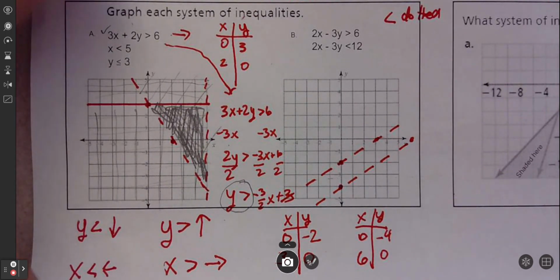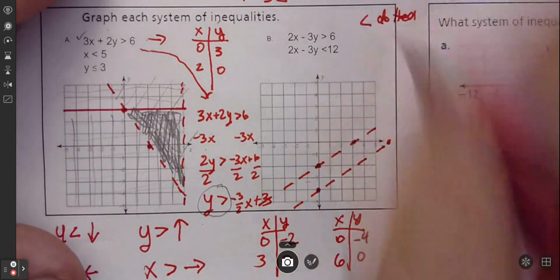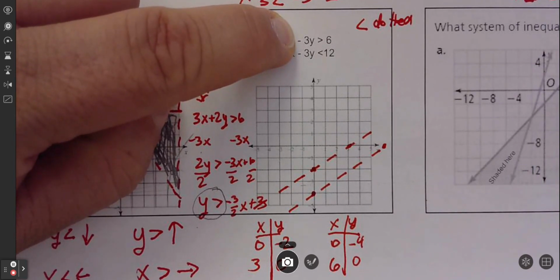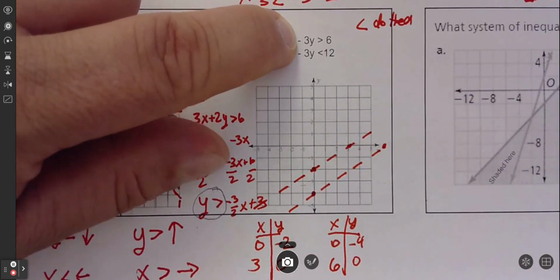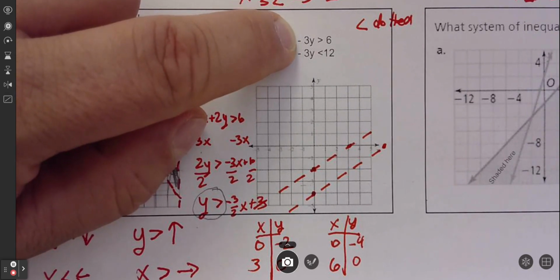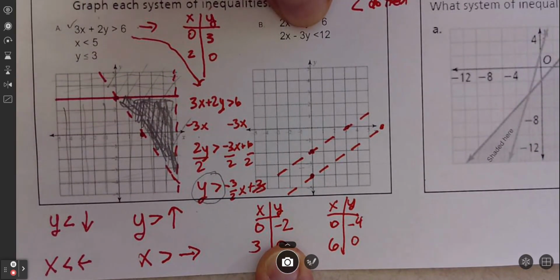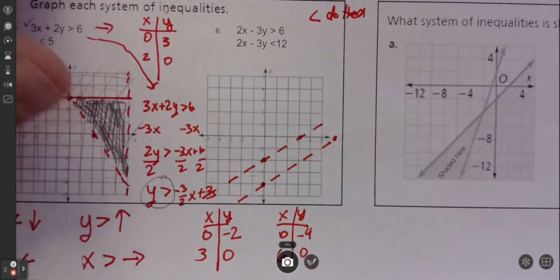Yep. So now I want to convert these. So if I convert the first one, I plug in 0 for x, and then I ask myself, what does y have to be to make it true? To make it equal 6? Because these lines are, when does it equal? Yeah, so it was -2. And then when y equals 0, then it's 3. Okay. All right, so